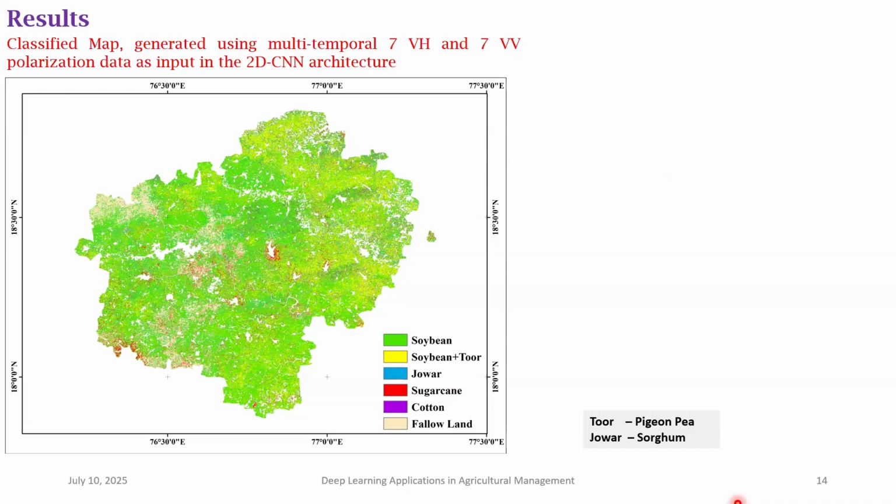I gave the Indian names there, tur, dal, etc. But actually its actual name, tur, is PGNP, and jowar is one Indian name. The crop name here is sorghum, and so on. Okay, so these are the different crops, and also we have, for some region in the tray portion, mixed crop. That means soybean and PGNP are grown together in a few locations. So those are also identified. The accuracy that we can achieve with the 2D CNN, both with VH and VV polarization data, is very good